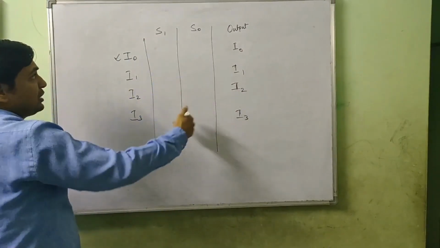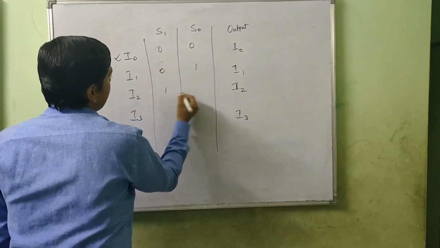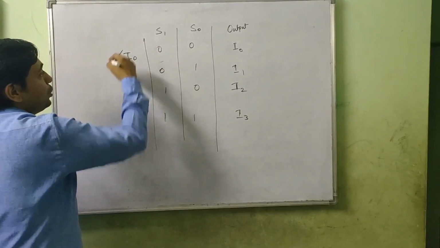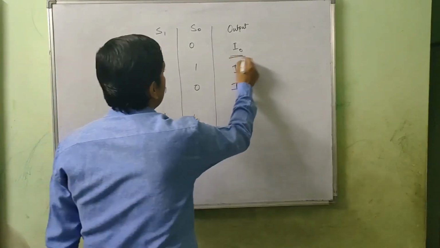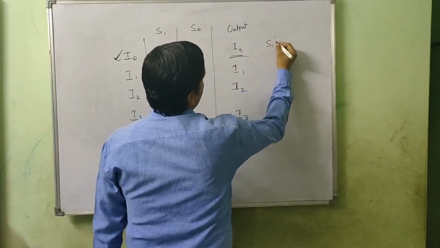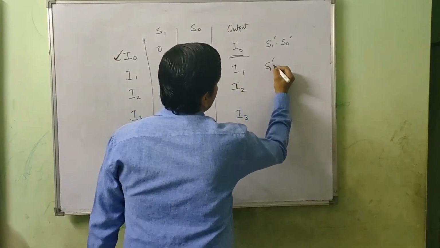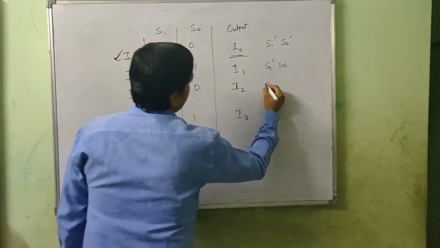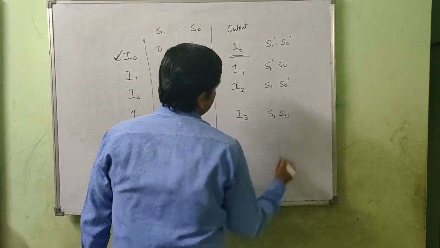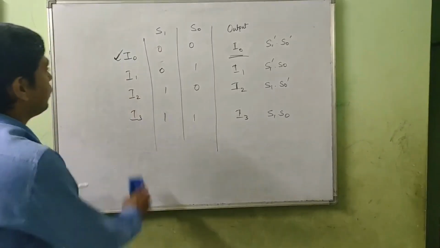Now just note down the selection values, in the binary order itself. So 0 0, 0 1, 1 0, 1 1. Okay, so you see, for I0 to be output, selection lines S1, S0 are 0, 0. That means S1 complement and S0 complement. So I noted down the minterm. Similarly here, S1 complement and S0. Here S1 and S0 complement. Here S1 and S0. So we got the values. Now we need to work accordingly.